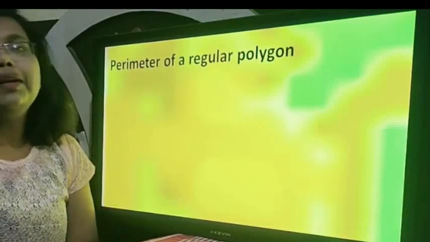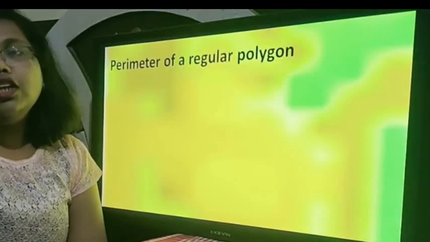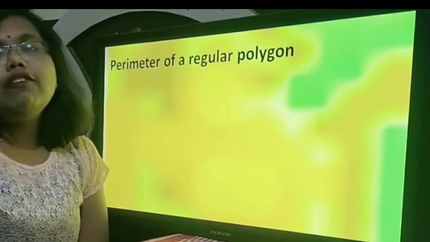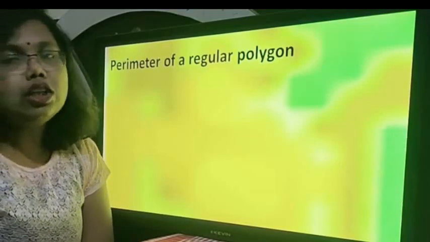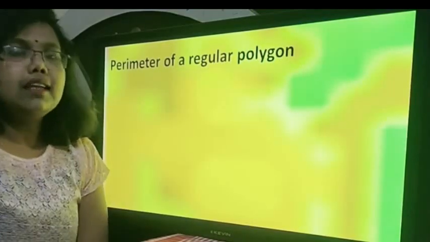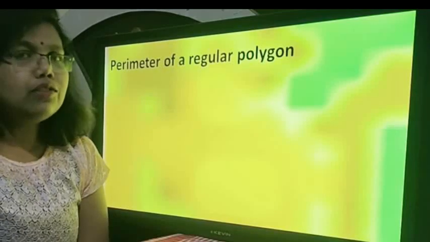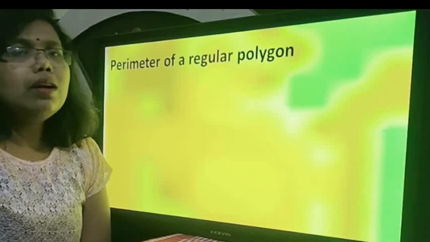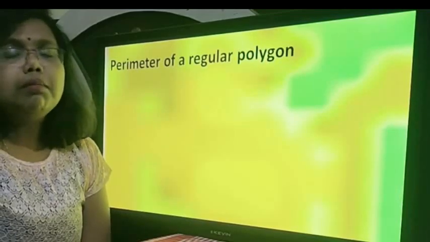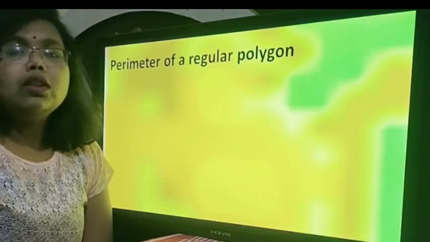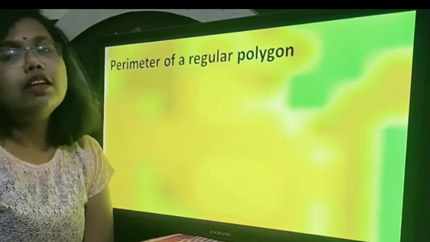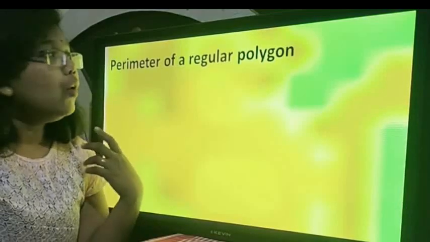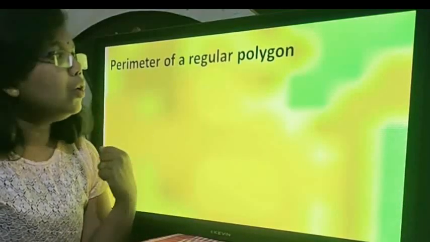Perimeter. Now the word perimeter means outline. You are going to measure the outline, the outer structure. Only the outline, if you take a measuring tape and measure, then that is called perimeter. It's the outline, you could call it circumference for a circle, or even for a regular structure you could call it circumference. So perimeter and circumference are equivalent in the sense that they both are the measurement of the outline. So that is perimeter. Each word has a specific meaning. When we are studying geometry, you must remember all these words.